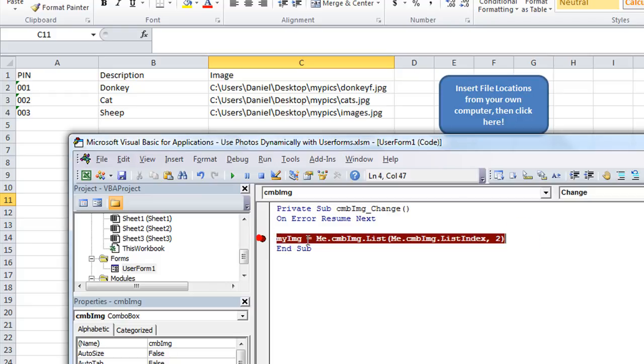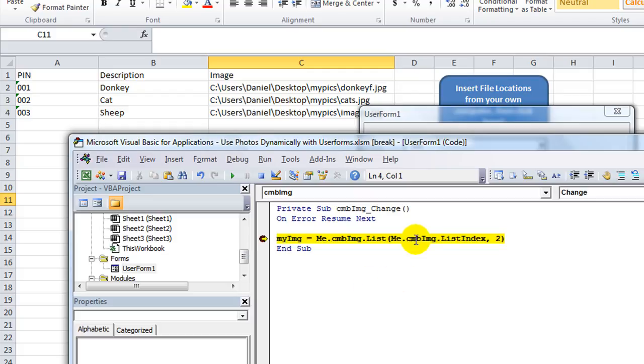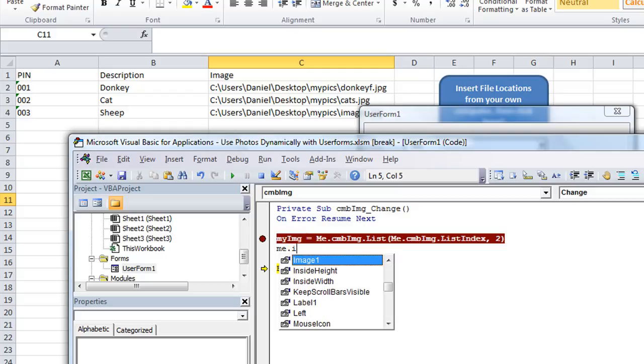So what that'll do, let's put a stop marker and I'll show you. Whenever I click on, let's say cat, it'll say the list index is 1 because the donkey would be 0, so number 1. And then the column 2, which would be 0, 1, 2, will give us the cat's location. So hit F8 and you'll see that my image now has taken on the cats dot jpeg file location or whatever. So that's the image location. Then here's the beautiful part. We're going to load the picture on there. So me dot image1, that's the name of the image block we have there, that equals